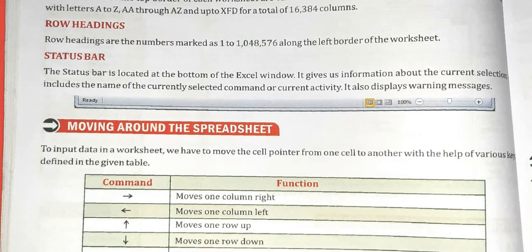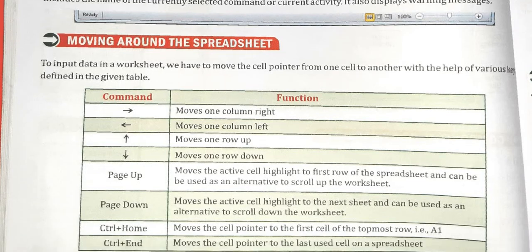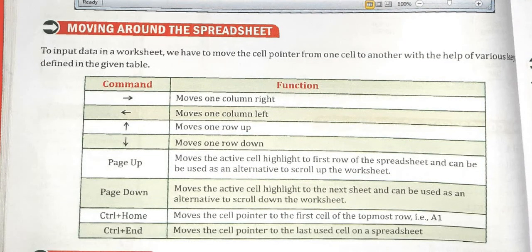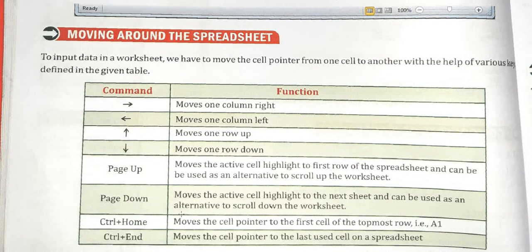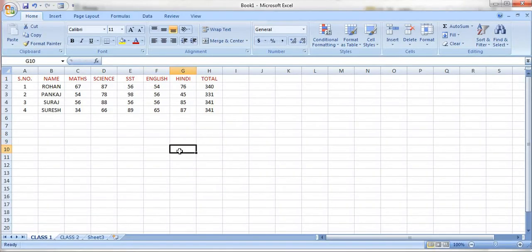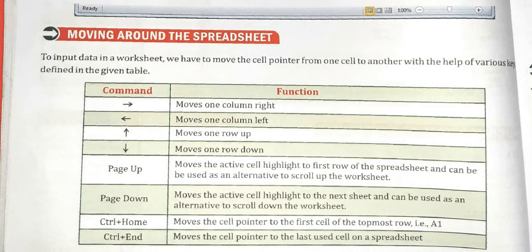So moving around a spreadsheet. This is the spreadsheet; an Excel sheet is a spreadsheet. On my keyboard, four arrow keys are there, right? This is the up arrow. If I press the up arrow, it moves up. If I press the down arrow, then the right arrow, then the left arrow, like this, the cell moves as per the direction. Now next is, what is it?